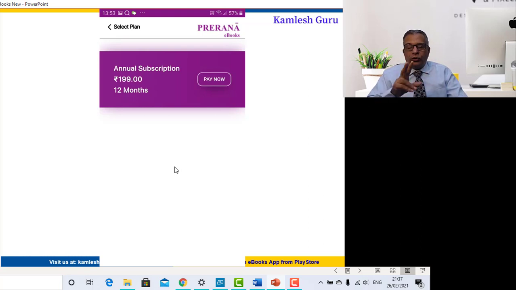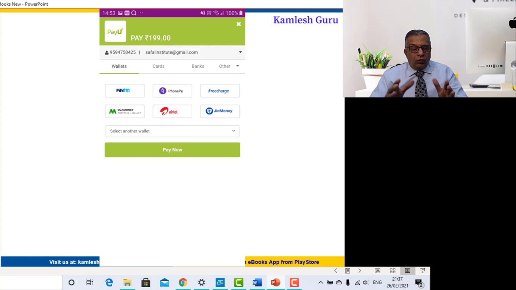and that is for 2 devices. For 2 devices, the annual subscription is 199. That comes to rupees 99.50, less than 100 rupees to view on 1 device. Click on the Pay Now button. You will go to the payment portal of Razorpay. You have to select to pay rupees 199.